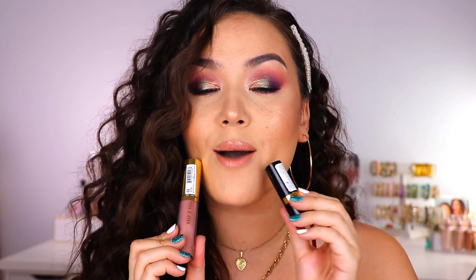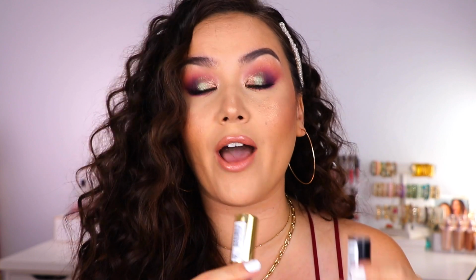I lost it. This is the combo that I'm wearing on my lips right now. First, I applied the Revlon lipstick in Nude Attitude. This is a very, very light nude. So if you have a deeper complexion than me, this is almost like a whiteout type of nude, but it's a great base to apply other lip products on top of, or if you want to wear a deeper lip liner underneath. So I have this as my bottom layer, and then just to add some additional gloss and